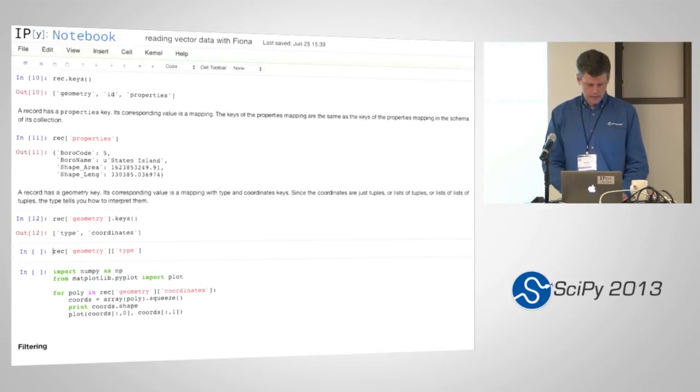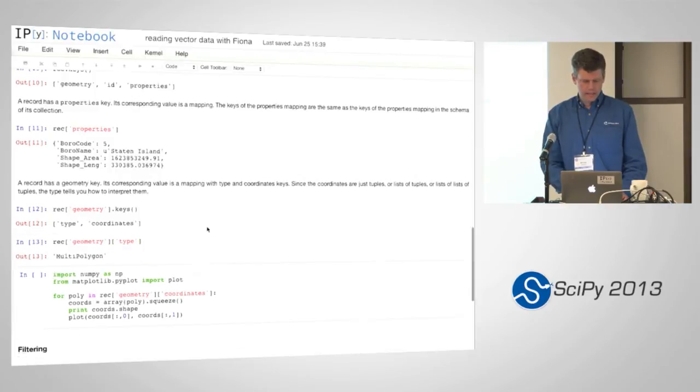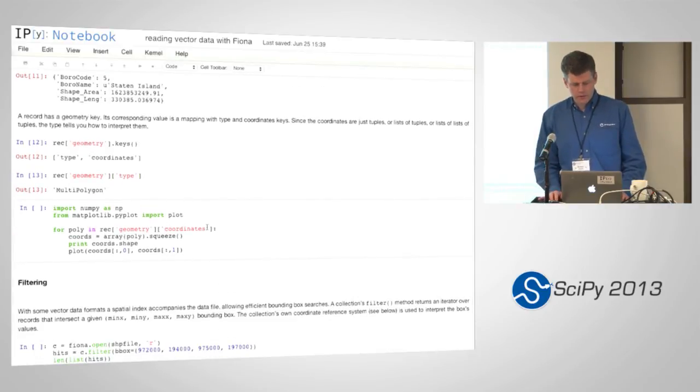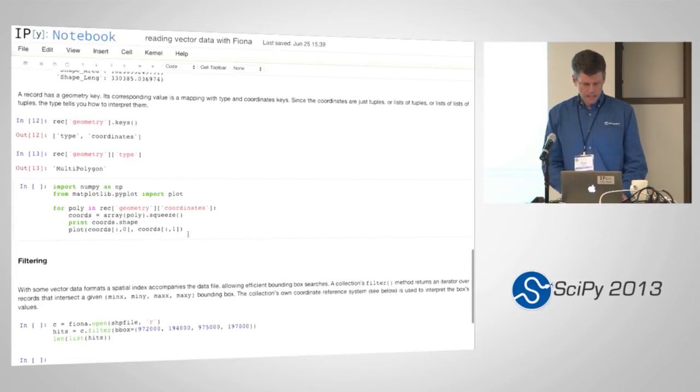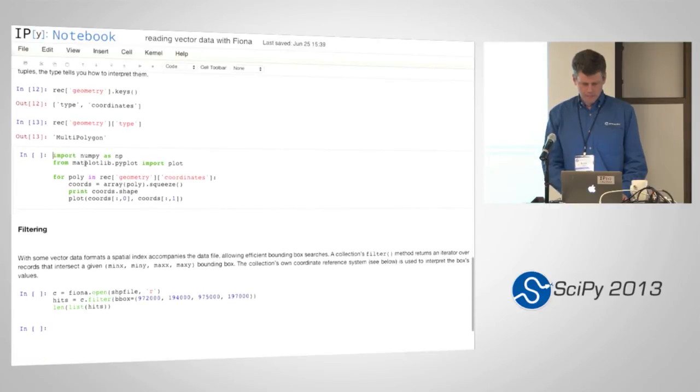The geometry has type and coordinates, again dictionary-like, and we can see the geometry type is a multi-polygon. That means there are multiple polygons associated as a collection here. And now I'm going to plot all of those polygons. So again, we're still acting on this current record, which is Staten Island, and just plot the coordinates of every